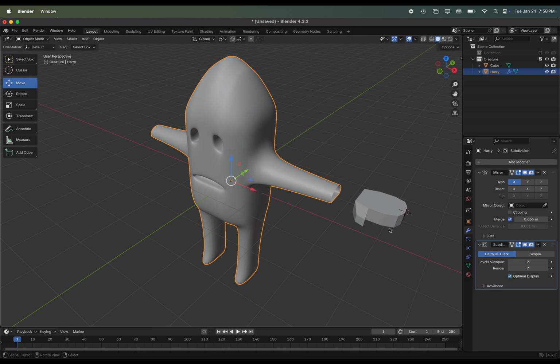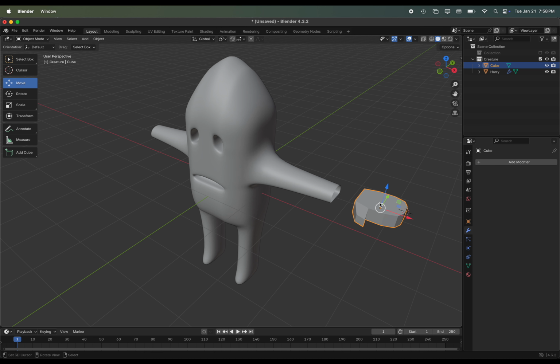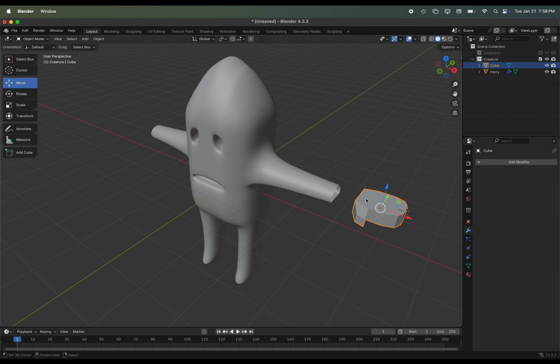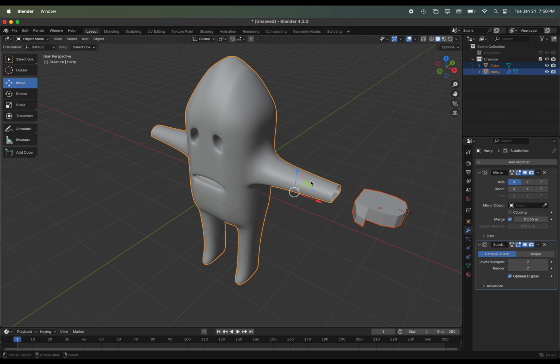Now this time, when I join these together, I'm going to actually join them into a single object without using a modifier. So I want to be strategic about the order that I select when I'm doing this. If I hold down Shift when I have the hand selected and select the body, notice that the outline color changes, so the body is the active selection right now. And that's the order that I want. I want to select the hand first, just with a right click, and then Shift right click to select the body. And when I press Control J to join, it joins them together into a single object, and it keeps any modifiers that the active selection had, and that's why the order matters. So that's going to round things out really nicely.